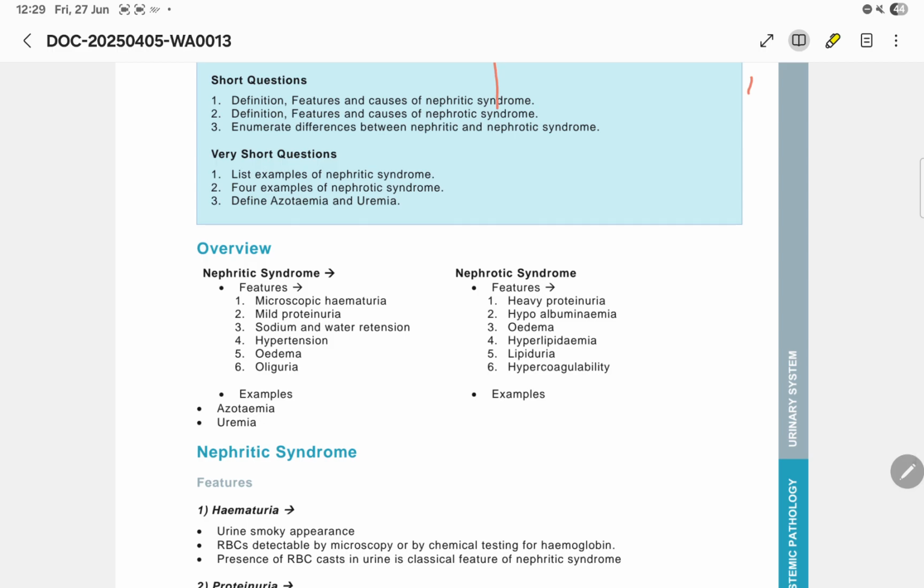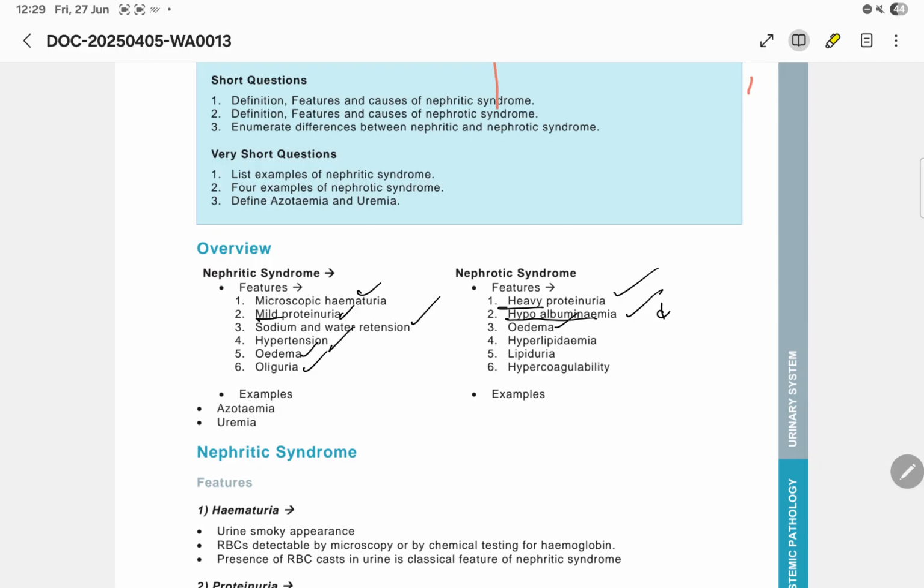See, nephritic syndrome includes microscopic hematuria, mild proteinuria, sodium and water retention, hypertension, edema, oliguria. But in nephrotic syndrome, we can see heavy proteinuria. The major difference between nephritic and nephrotic syndrome is heavy and mild proteinuria. Even though there is heavy proteinuria, there is hypoalbuminemia. Since the protein is excreted more, there will be a lesser amount of albumin, and